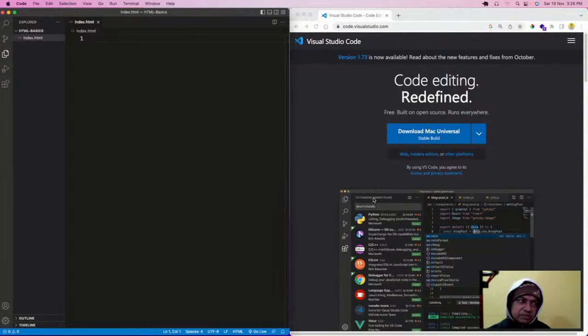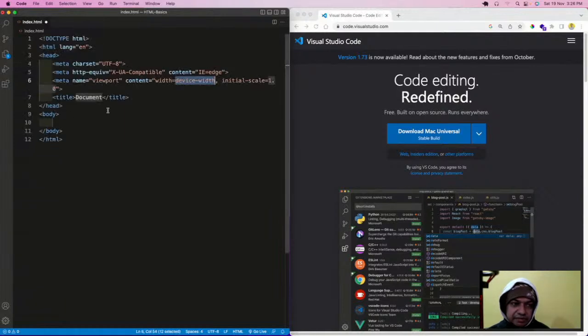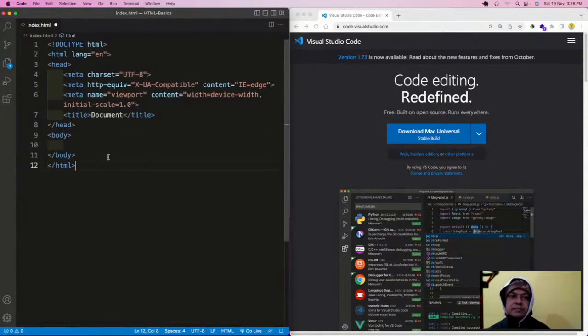Now HTML code has a basic structure which we need to give. That basic structure we will give with the help of VS Code. That was one of the reasons we had VS Code. So I'll type a bang here, and then I will press tab. Bang and tab, and now I have given bang and tab. Let me increase the size a bit. Okay, so you will see that some things are there.